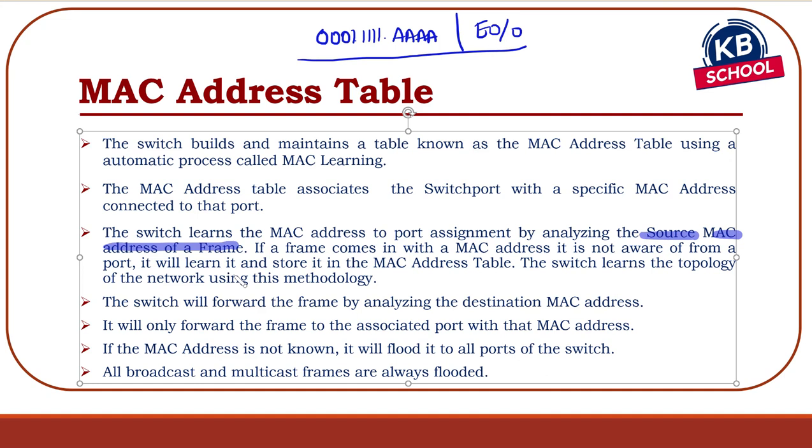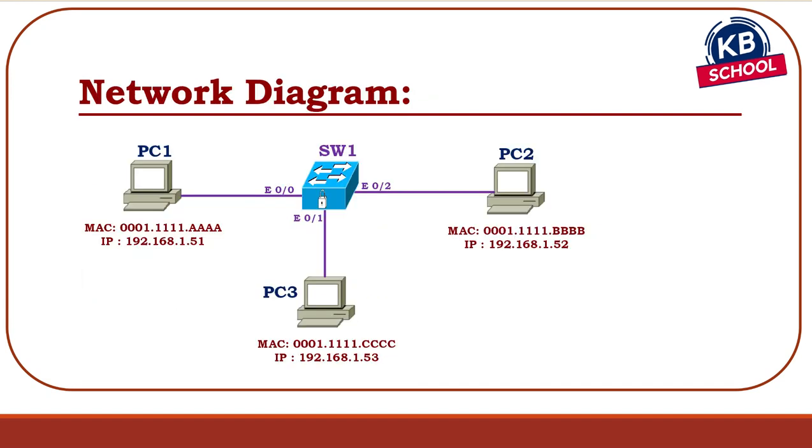The switch will forward the frame by analyzing the destination MAC address. It will only forward the frame to the associated port with the MAC address. If the MAC address is not known, it is going to flood the frame. So for example, initially when the MAC address table does not have all the MAC addresses learned and a frame comes in into the switch,